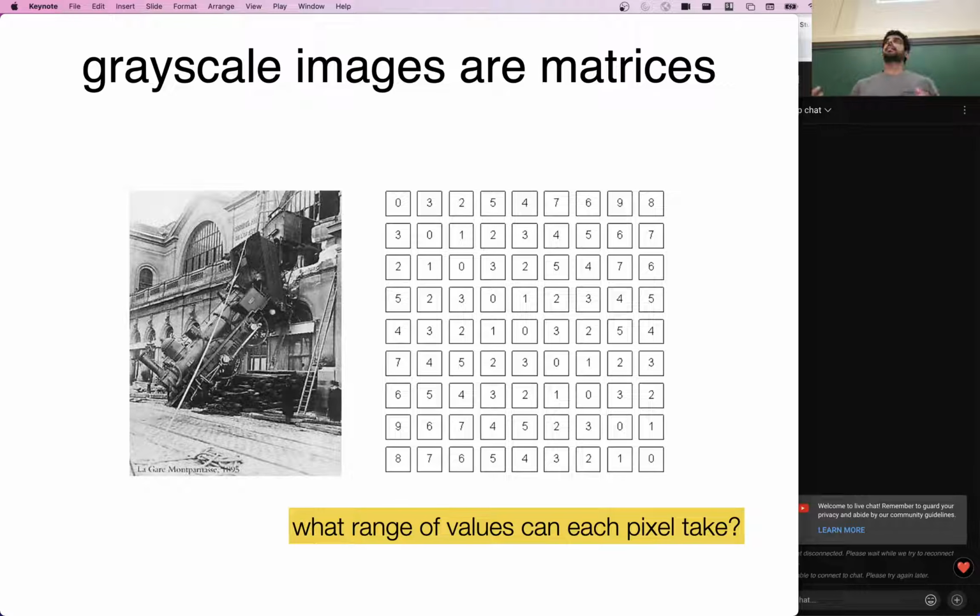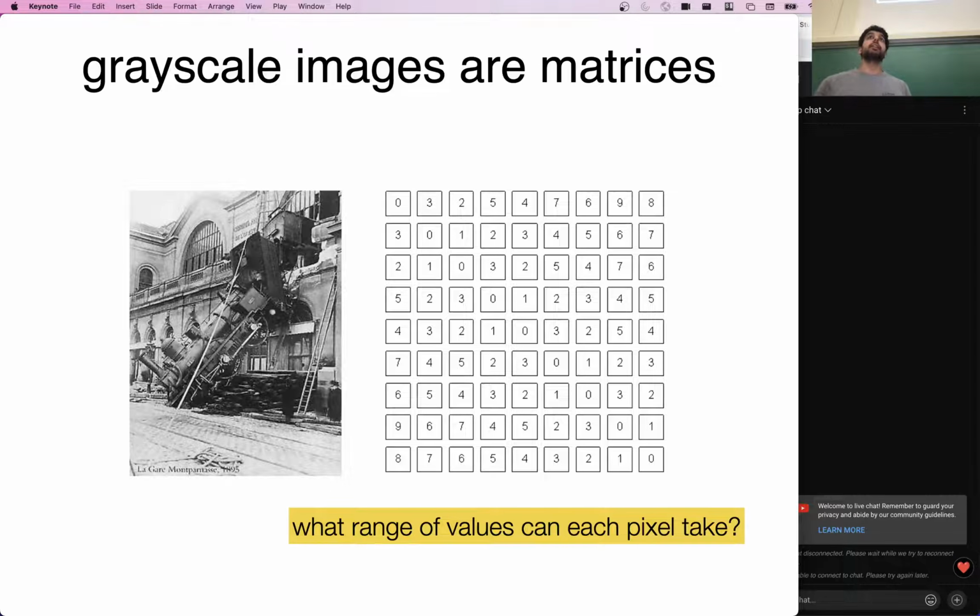So in text, we have words or characters as our basic unit, and we need some way to convert those into a numerical representation so that our big models can learn on top of that. But with images, we could potentially just learn directly on top of the image. There's no need for an embedding layer if the raw representation is itself already in this kind of format.